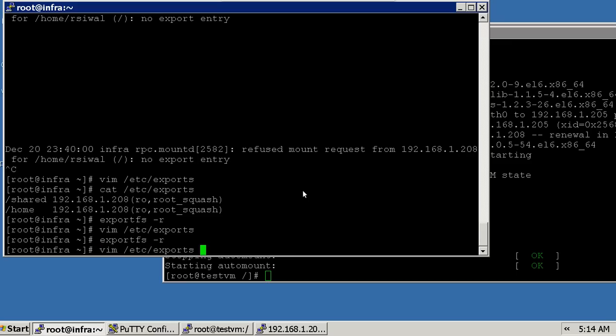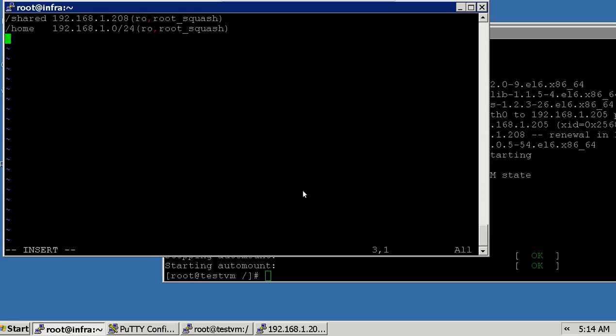So in /etc/exports, I export a folder which is /media to the complete infrastructure 1.0/24, read only,